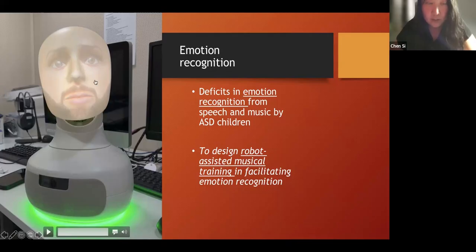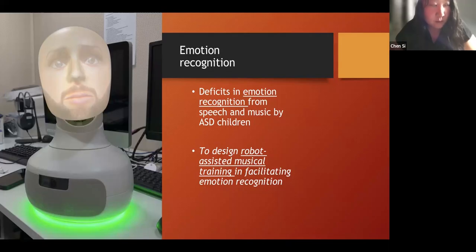We can try to let the robot demonstrate, say, the eye regions or the mouth regions more, so that the children might be able to learn that they need to focus on these areas rather than looking at other areas in facial recognition. So these are some projects that we're doing right now.